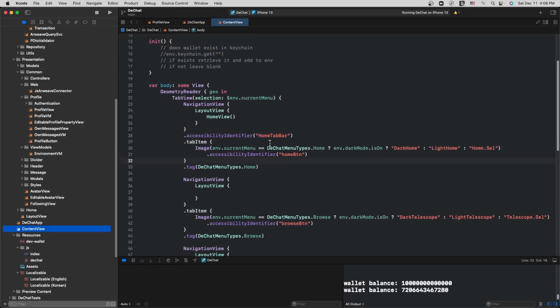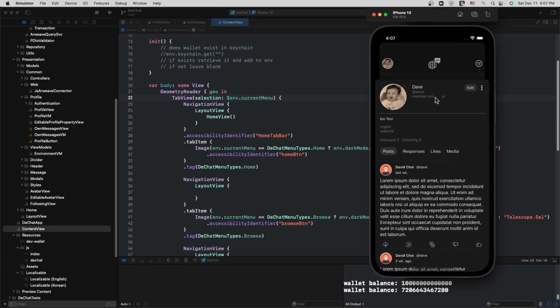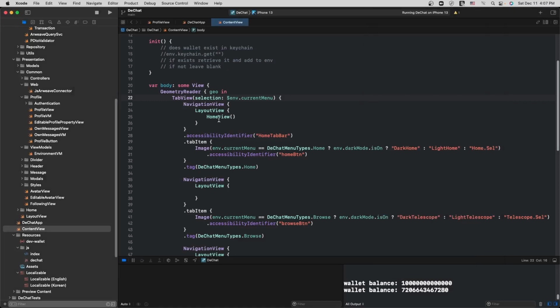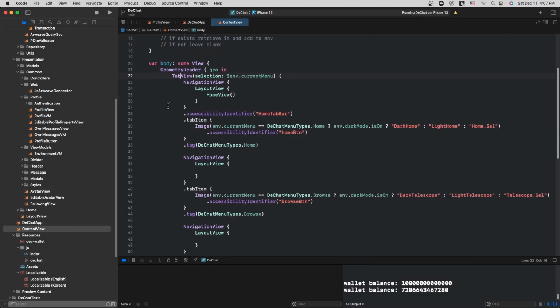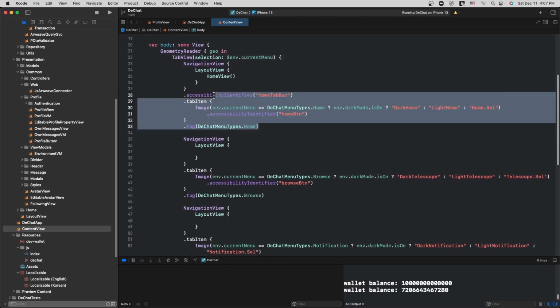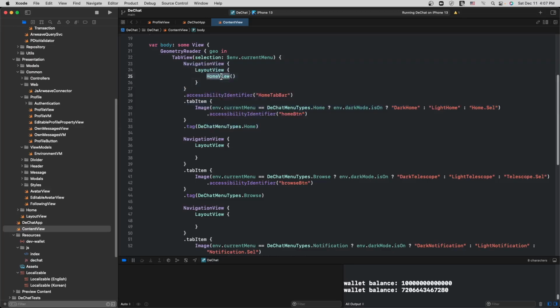I am using navigation view, so I have a tab view as you saw on the bottom. Let me bring this back for a sec. So this is a sheet, and I'm talking about this row right here. That is made from this screen, and then the main screen that you were looking at is going to be this home view basically.